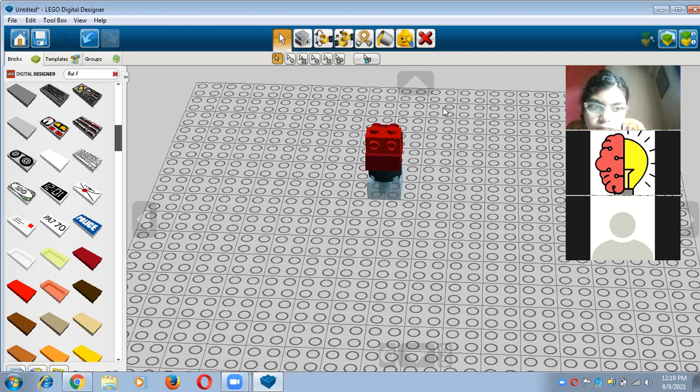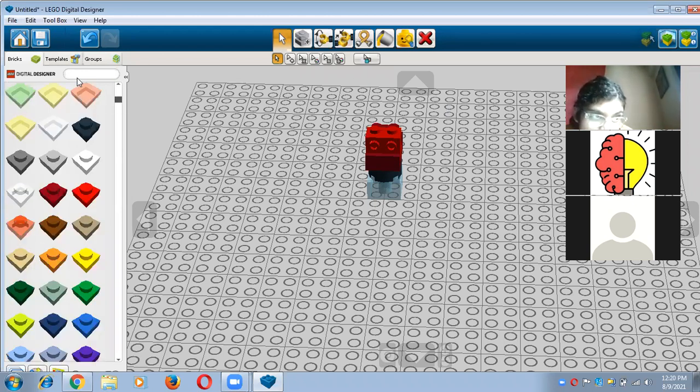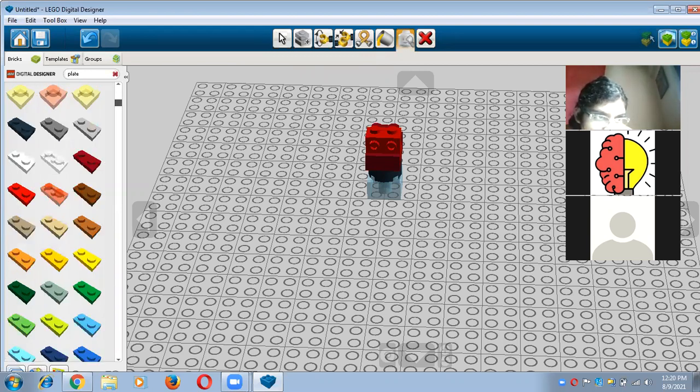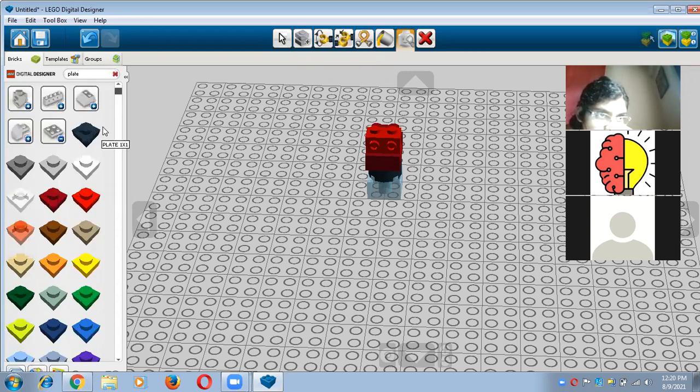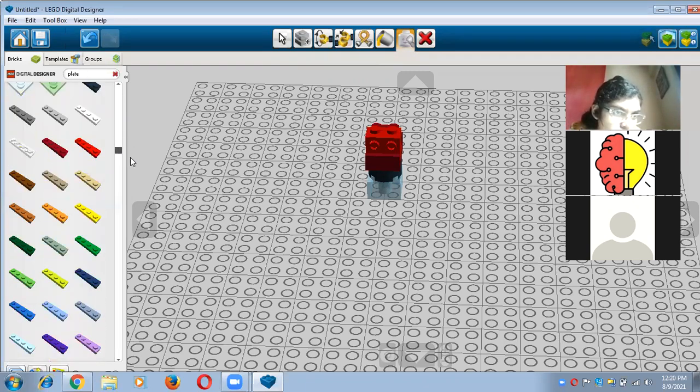And now you have to move on the next step, that is plate. That is what? That is plate, and its name is a round plate. So you have to type here plate, right? You have to type here plate, and its size is 1/1, and you need round plate. So you have to find out here.